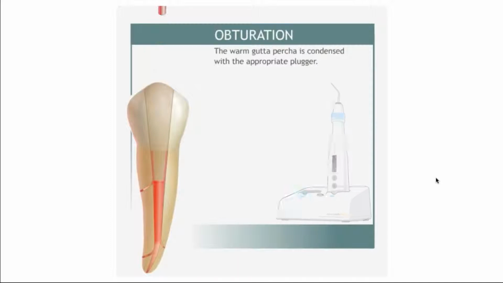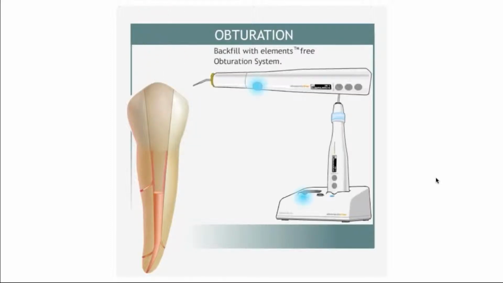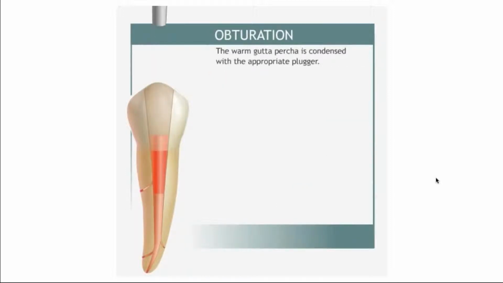And because of the viscosity of the filling material, you'll actually see the backfill device back out of the canal. And then you condense it. And then you inject another 5 to 7 millimeters. And you do this until we go right up to the orifice of the canal. So that's canal number 1. And then you repeat the backfill with canal number 2, canal number 3, and canal number 4, all the way